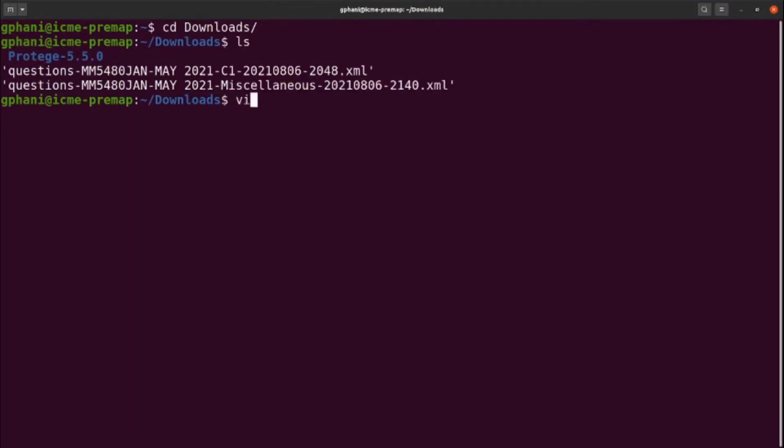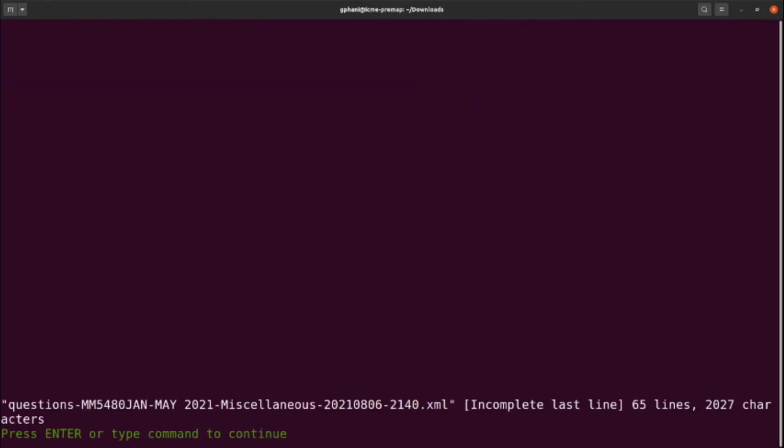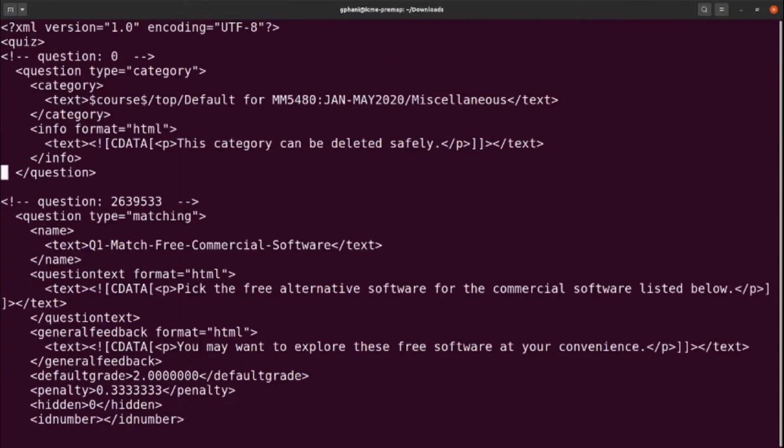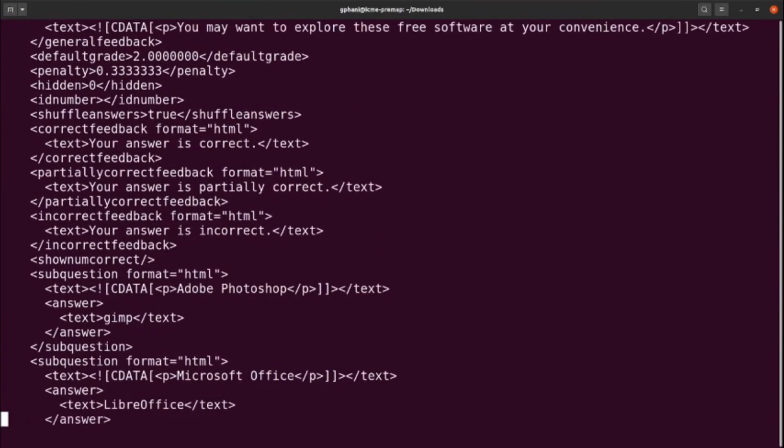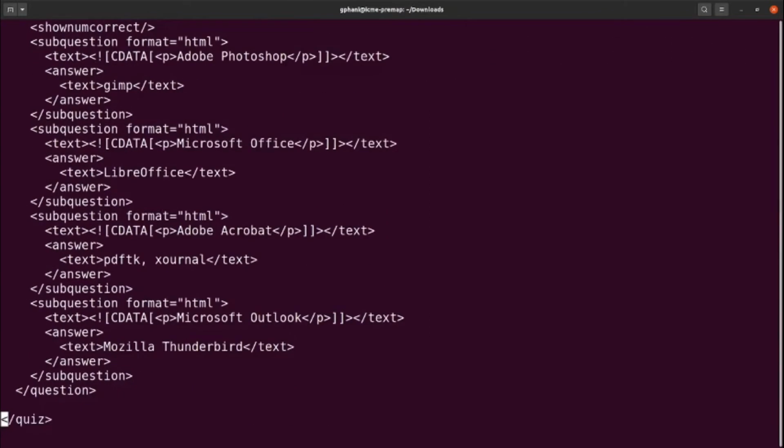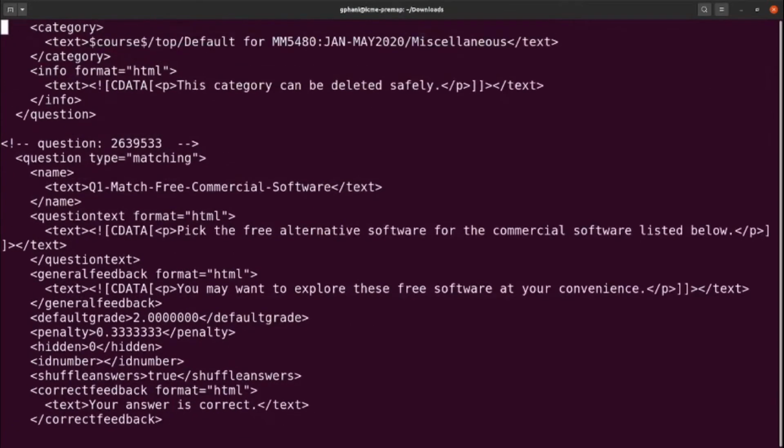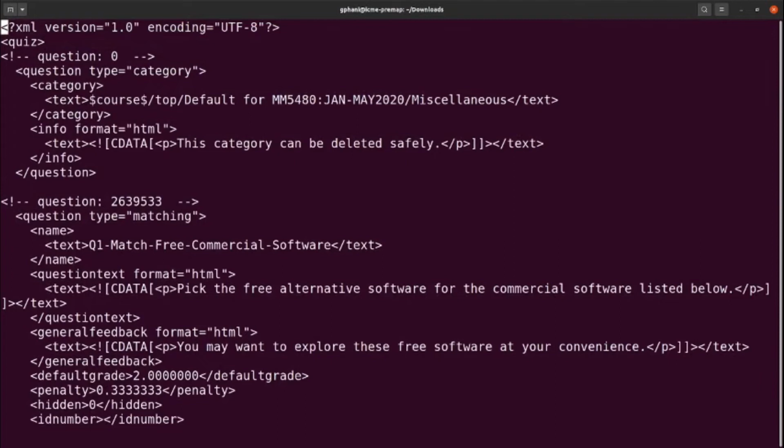So you can actually see that it's a text file, pure text file, and you can actually open it and see what is there in it. If you understand the XML format, you may even want to edit this question yourself, no problem. However, the format is quite strict, so do not edit it unless you know what you're doing. In any case, you can actually see that the text, whatever you have typed for the question, is all safe, and it is human readable.